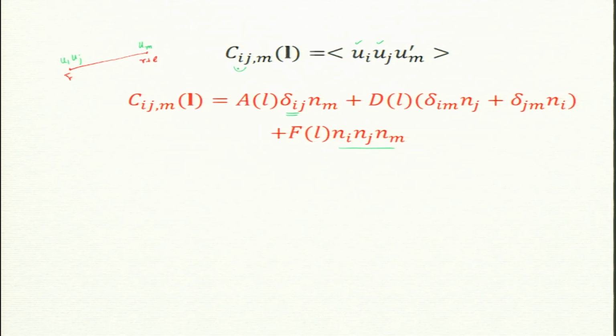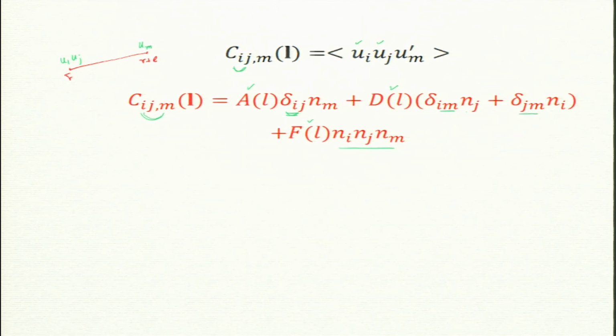But here you see ij is on the left, ij has come here. Now I can also have im, but then j will be here. But i and j are symmetric, right, i and j are on the same platform, but m is a different thing. So if I have im, then I must also have jm. So that will be jmi, ni. Okay. Now al, dl and fl are the coefficients, and they are functions only of l. al and dl are not equal. Why? Because there is asymmetry in ij with m. Is that okay? So this is how we construct higher order tensors.